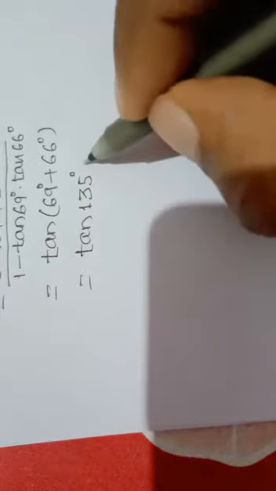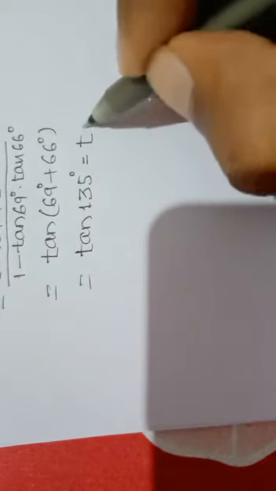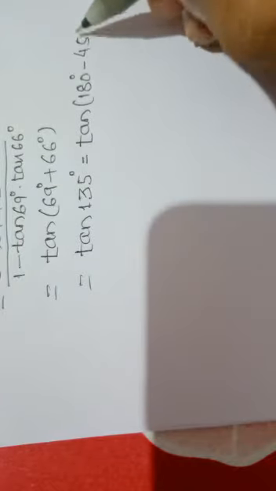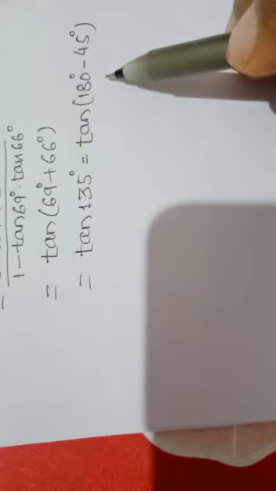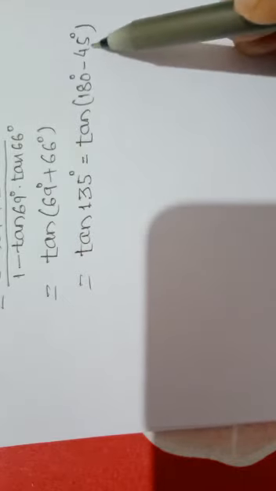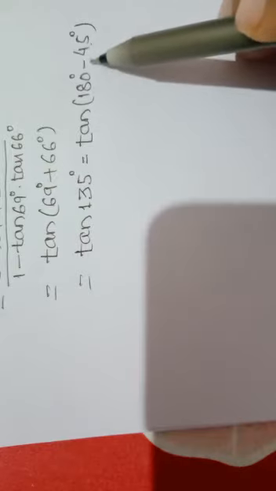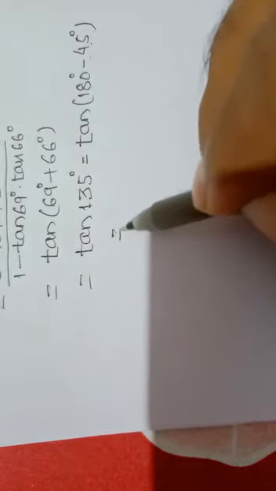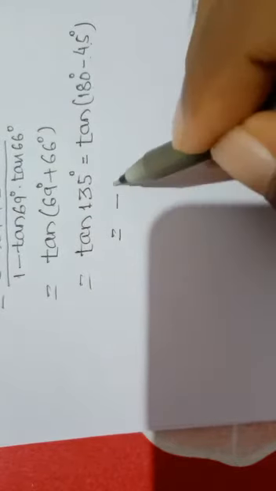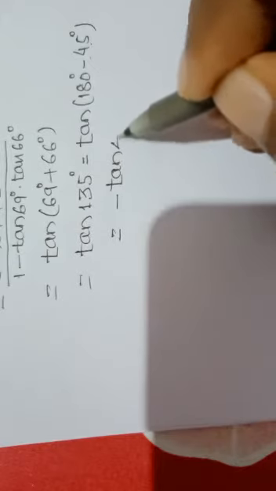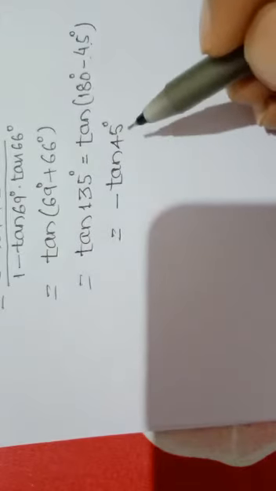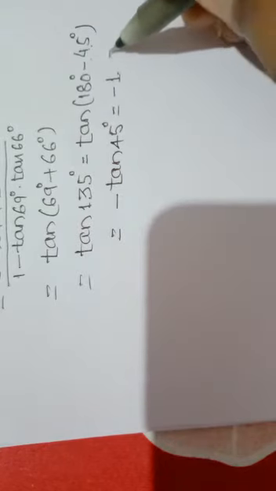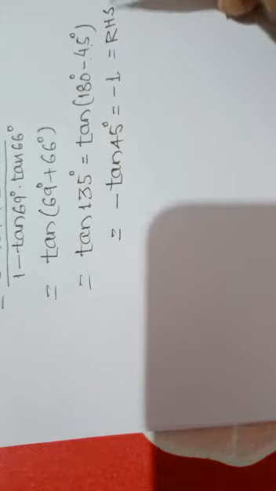If you know the value of tan 135 degree, then write down. Otherwise, write down tan 135 degree as tan 180 degree minus 45 degree. Obviously, it will lie in which quadrant? Second quadrant. So, in second quadrant, it is negative. So it should be minus tan 45 degree, and you know tan 45 degree is 1. So it should be minus 1. This is your RHS. Now see another problem.